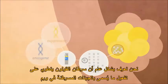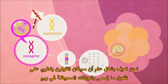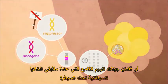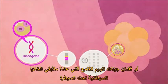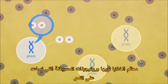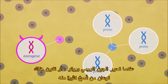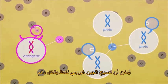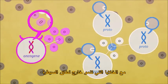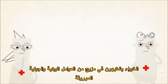We don't know exactly what causes the majority of colon polyps and colon cancers. We do know in general that colon cancer involves the activation of what's called oncogenes in the polyp, and/or the loss of tumor suppressor genes that usually keep cancer cells in check. Most cells have proto-oncogenes that help them grow. When a proto-oncogene mutates, or there are too many copies of it, it can become a permanently active oncogene with cells that grow out of control. While we don't yet know exactly what underlying factors cause these changes, experts suspect a combination of both environmental and